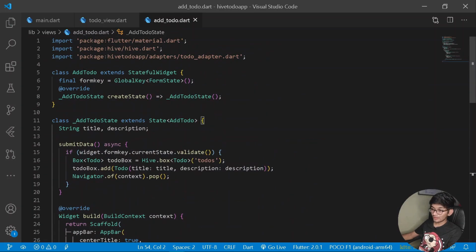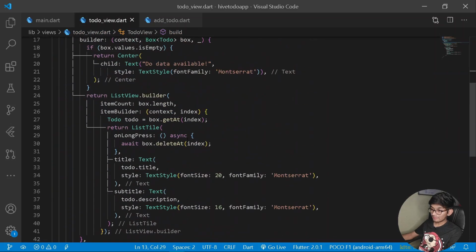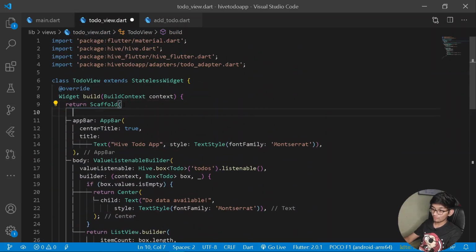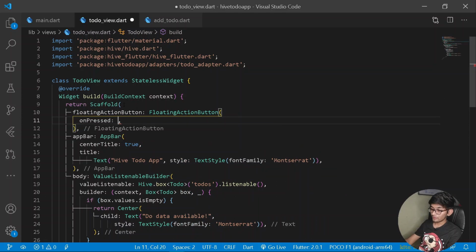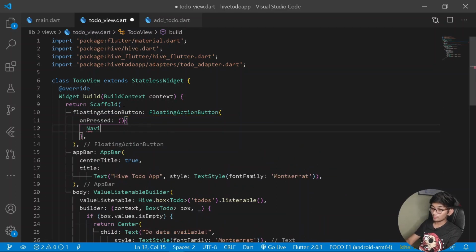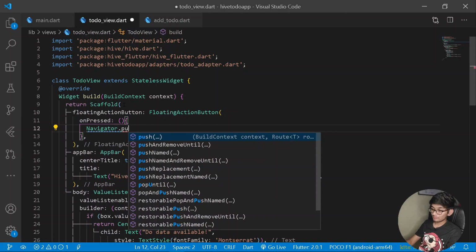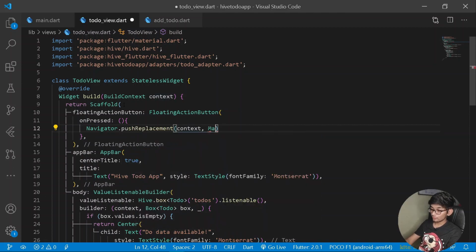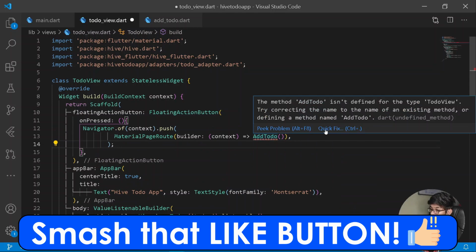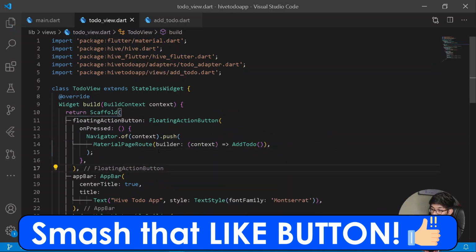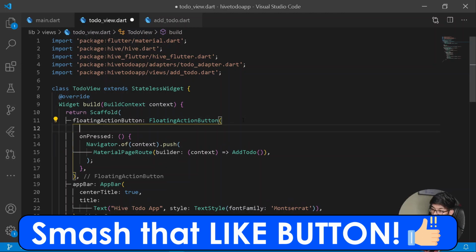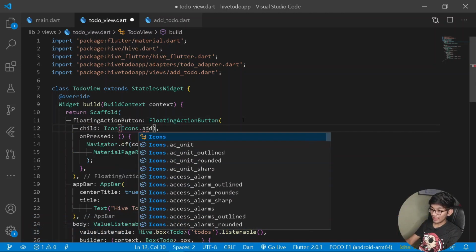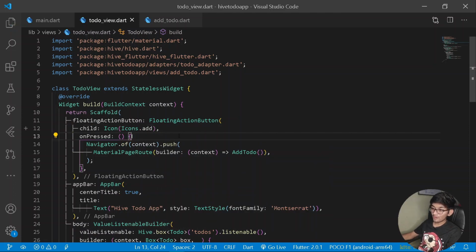Once we have done the following here, let's copy the following Todo. We shall be simply having a new FloatingActionButton under our Scaffold of the Todo view. So here let's have a new FloatingActionButton. Under the FloatingActionButton, let's have the onPressed property, and on pressing it, let's have Navigator.pushReplacement, and here let's have a new route to be a MaterialPageRoute. Cool. So let's import the following from our package and we are good to go. Now let's test it out, but before that let's have a tiny child for an icon, and here let's have Icons.add. Format document first, and now let's try it out.